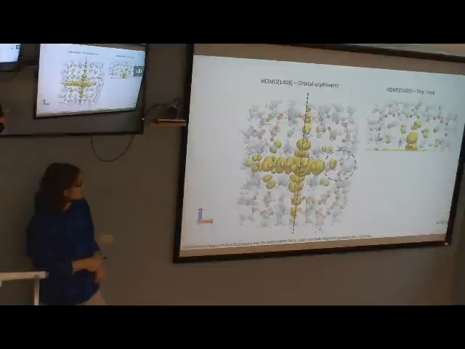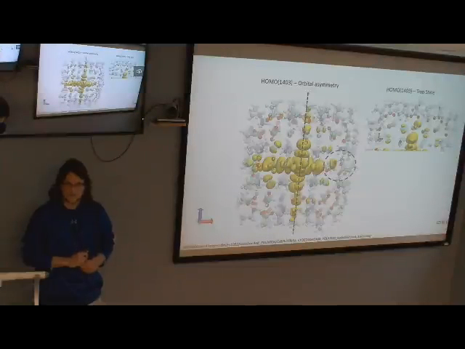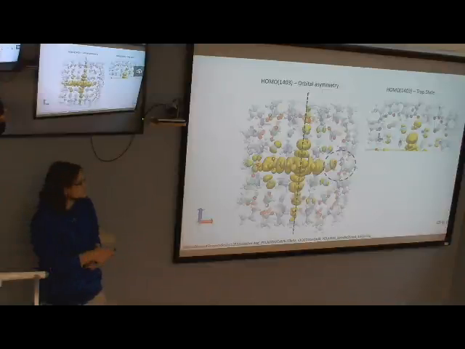It must have to do with, since there's excess electron density on the surface, that the lead's not able to bond as well to halides or other coordinations that it should on the interior.